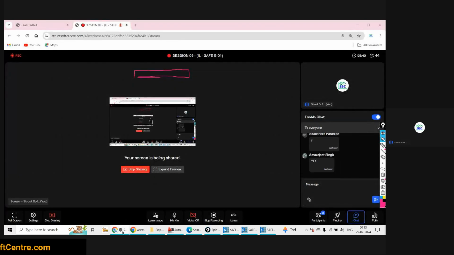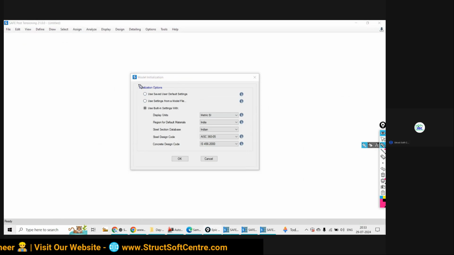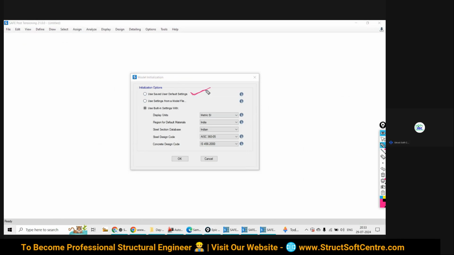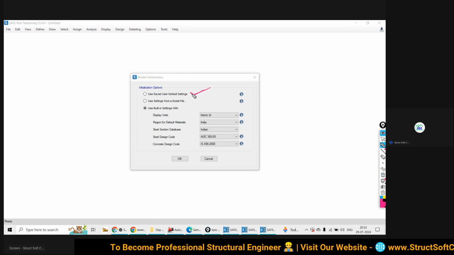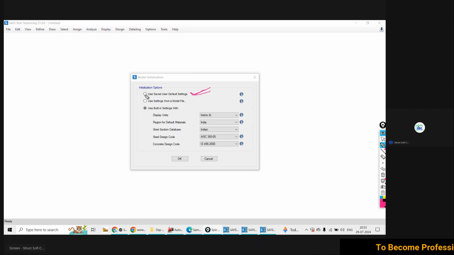Okay, second option you want to have again. So see, with the first option, what is the problem? First option में आप एक ही मॉडल की डेफिनेशन सेव कर सकते हो. Only one model definition you can save. Okay, so if you proceed with this first option, that model definition is only going to be updated. So ये problem है.